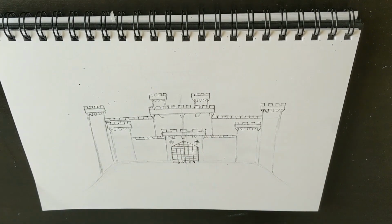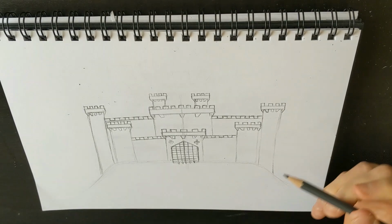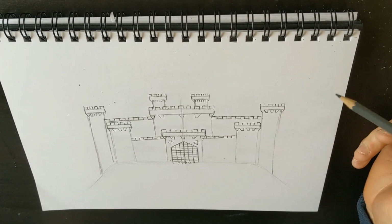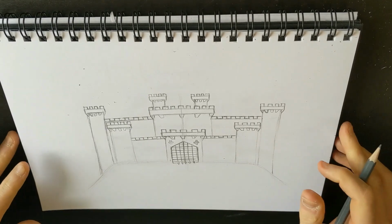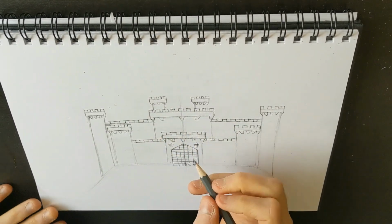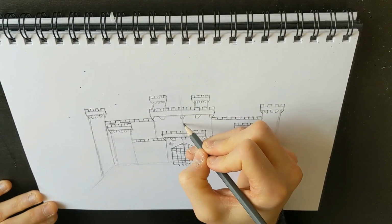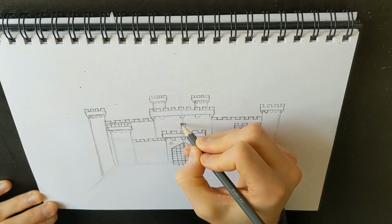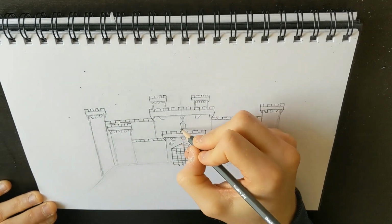Like that. And now on the rest of the castle we need to put some more windows and some more slits for archers to shoot through, and we're also going to put a few flags and things on. So on this bit here we're going to put some windows, and I'm going to start with one right in the middle. And my window is going to be a rectangle to start with, and on the top we're going to put a triangle like we did with this, and then we're just going to curve it all